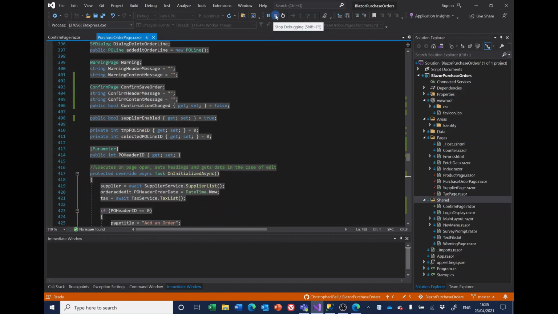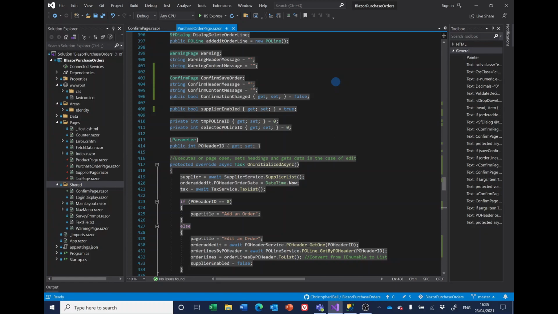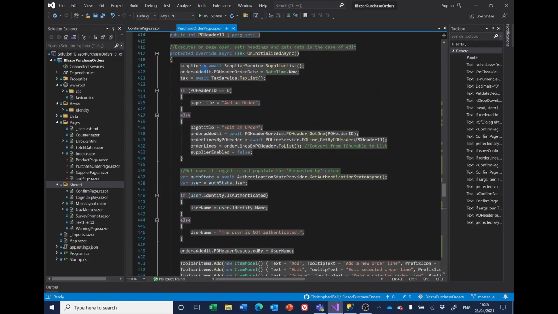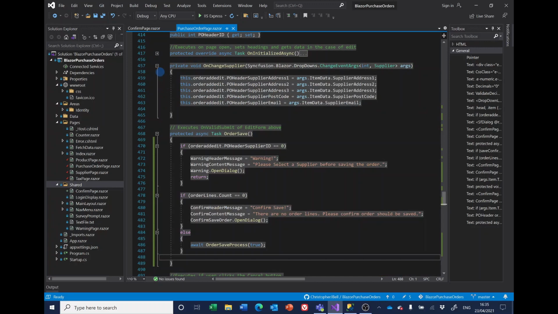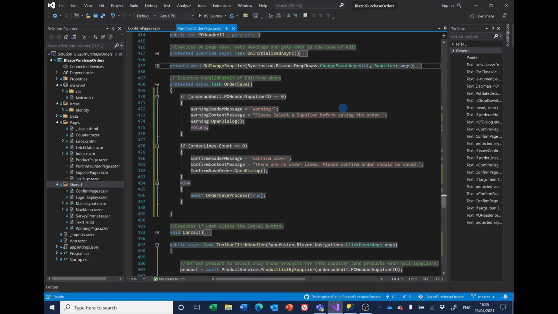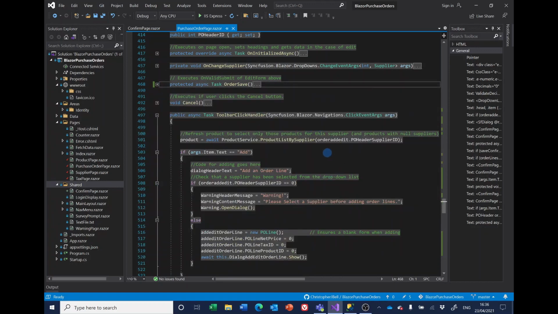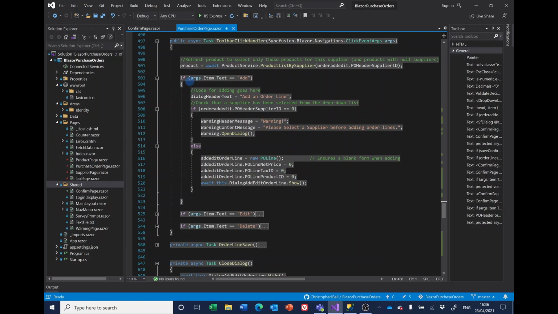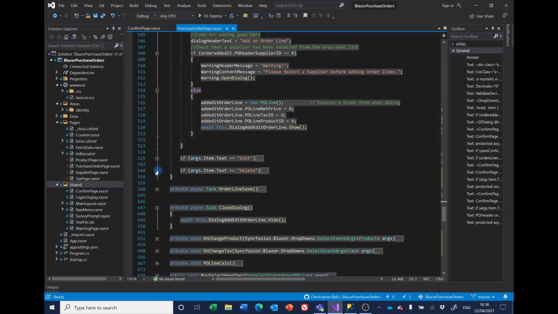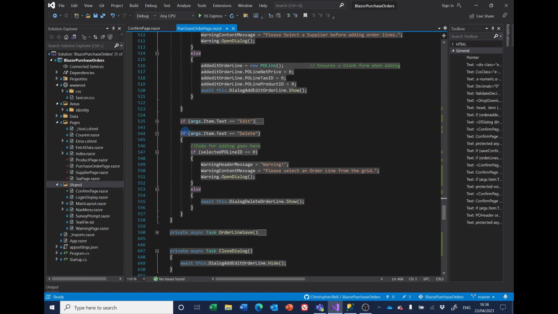There is another area where we can perform exactly the same function. At the moment, when we delete an order line from the purchase order grid, let's see if I can find it. It'll be on the toolbar, click, add, delete. Yes, at the moment, if we select delete a purchase order line,